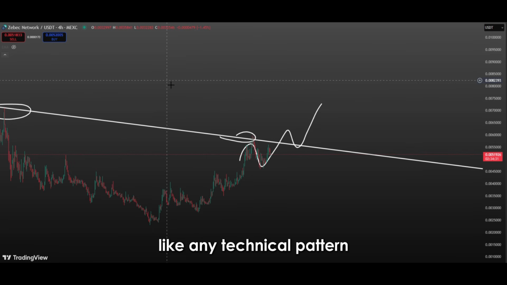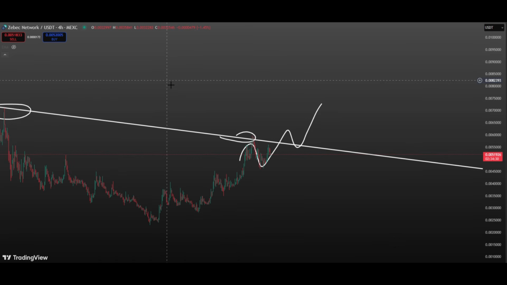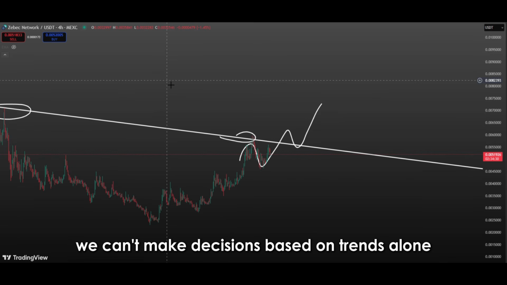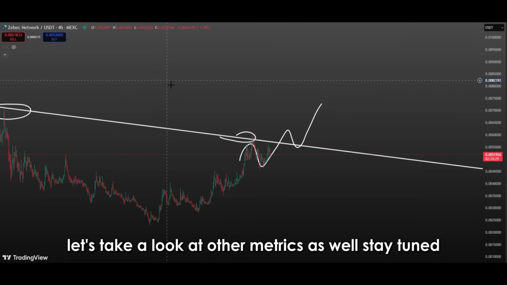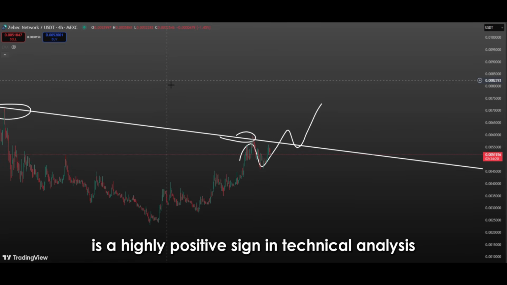However, like any technical pattern, this structure must be evaluated with caution. But of course, we can't make decisions based on trends alone. Let's take a look at other metrics as well. Stay tuned. The consistent formation of higher lows and higher highs on a price chart is a highly positive sign